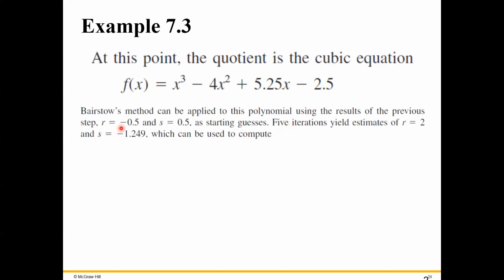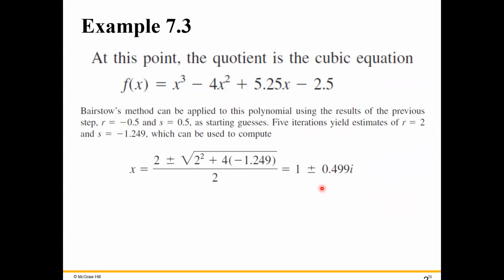Okay. And in this case, what you can do is we can use the R and S values from the previous case. Although it is not necessary, we can use the R and S values from the previous case and then repeat the same process. And in this case, the final R and S values will be 2 and minus 1.249, which will be actually 1.25. And then when you apply this into the quadratic formula, you will get